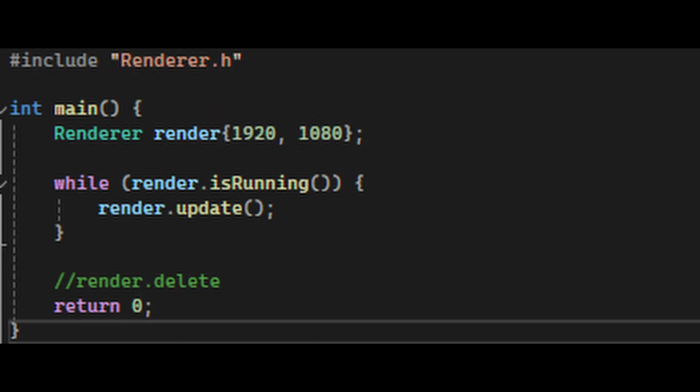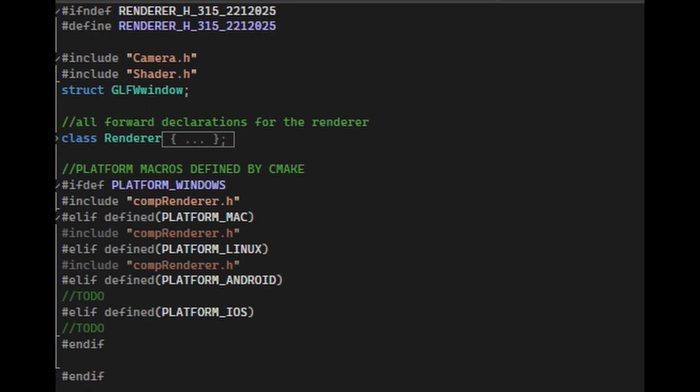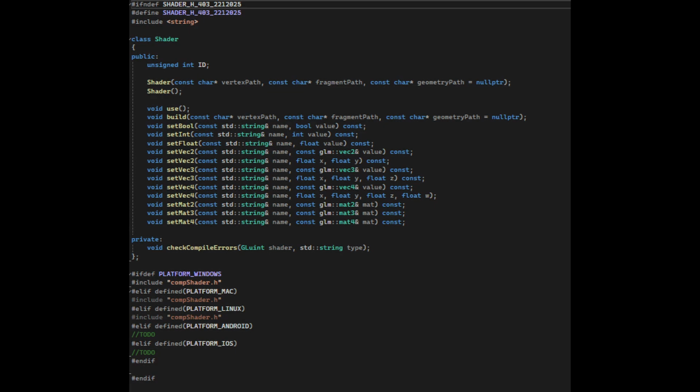So the way we do this is that the main.cpp file for the client only interfaces with this renderer class and handles none of the drawing itself. And in renderer.h, we set up all the definitions for the renderer class, but none of the implementation. And then we include a type of header file based on the platform. So for Windows, Linux, and Mac, I use the comp renderer. And I also have shader.h defined in the same way as well,